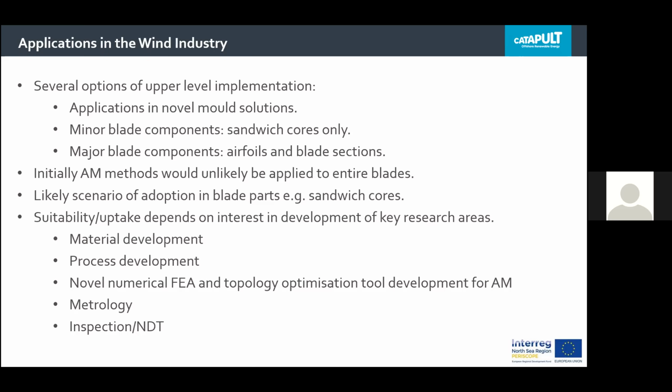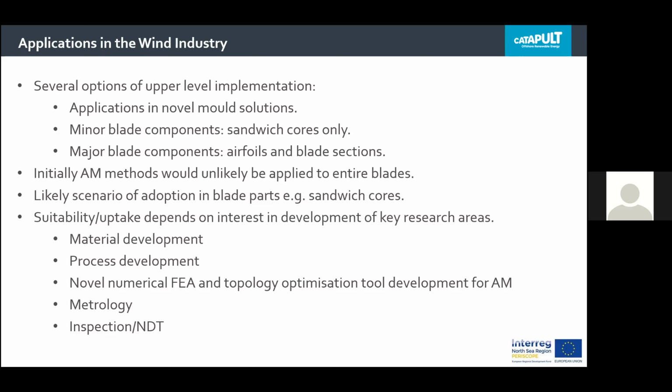Initially, I don't think AM methods are going to be applied to entire blades, but certainly it's an absolute open goal in terms of research opportunities in this direction. In general, the key research areas that ought to be focused on in order to facilitate uptake and suitability